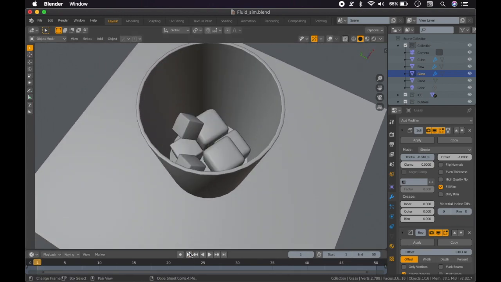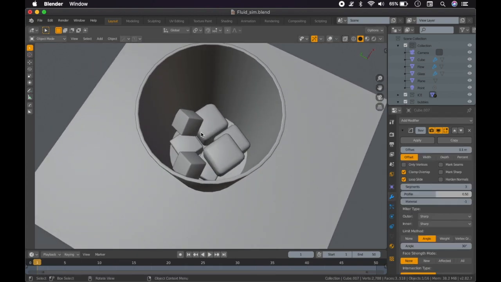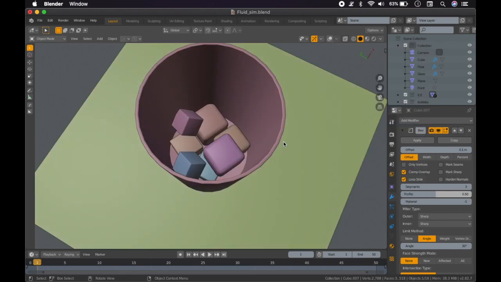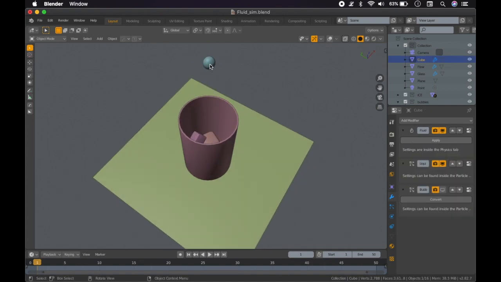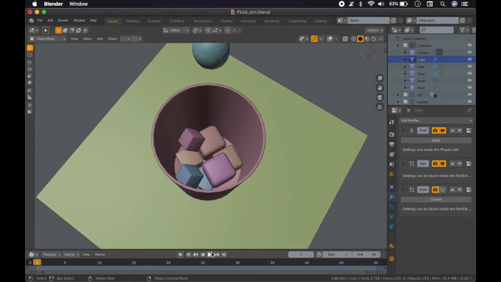Here we could see, if we go back, there's some ice cubes in here that I have set up with the effectors on them. We're going to change this to, let's say, random, just so it's going to look a little bit prettier. We have the inflow object here at the top. So here we could see I have the simulation already baked, so we're going to just play the animation and see